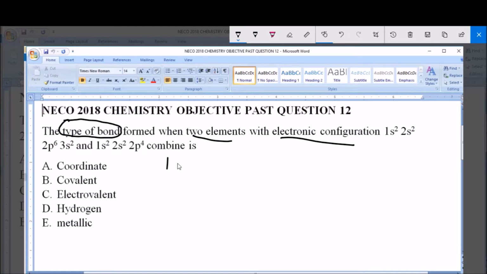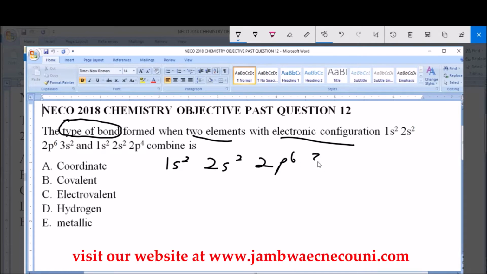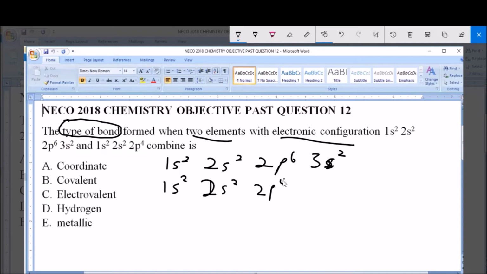So let's look at the two electronic configurations and try to see what kind of elements they are, so we can then have an idea of the type of bond they are likely to form. Now the first one is 1s2, 2s2, 2p6, 3s2. To get the total electron count, you just add up all these numbers, and that will give you the total number of electrons in one atom of that element. So 2 plus 2 plus 6 plus 2 is equal to 12 electrons,